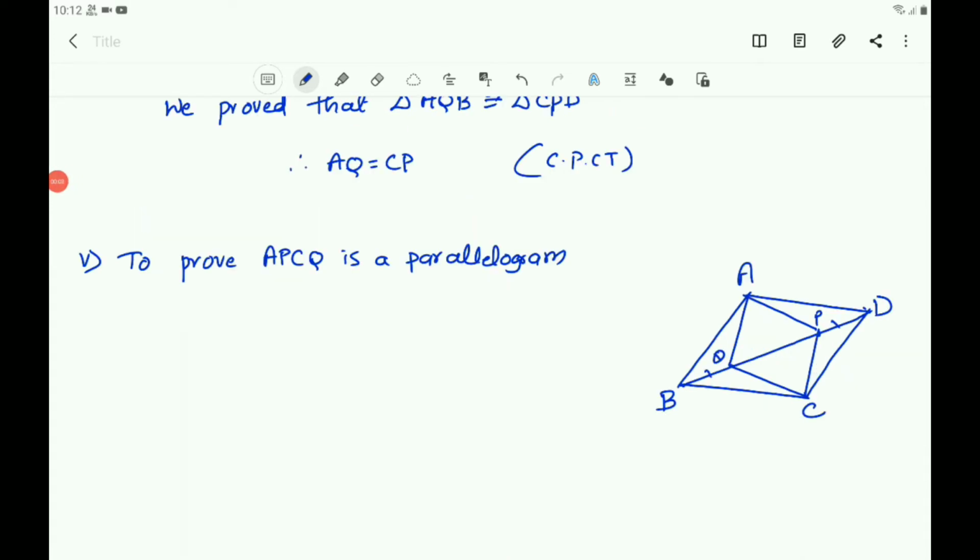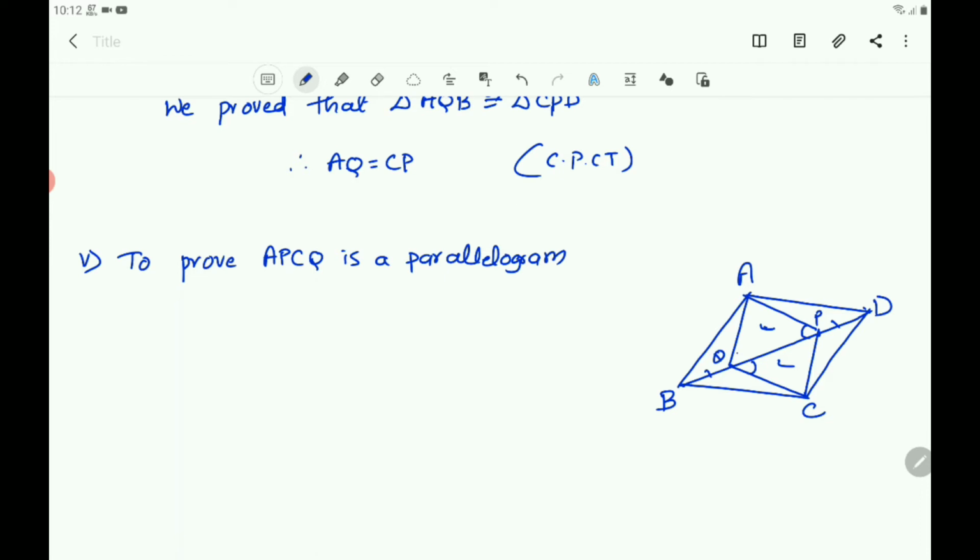To prove that opposite sides are parallel, you know that if alternate angles made by the transversal of two lines are equal, then those two lines are parallel. So you take these two triangles that are congruent. If you prove that two triangles are congruent, then the corresponding angles become equal. So you can show that angle APQ equals angle PQC, and then you will get AP parallel to QC,